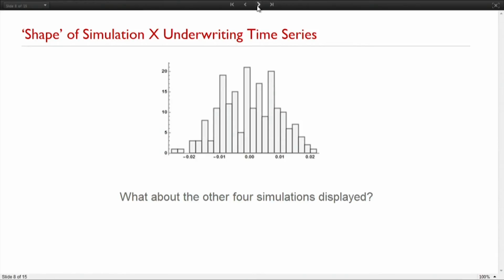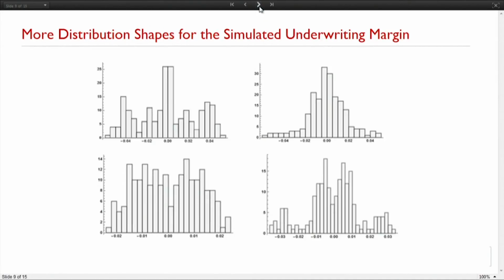Okay, well, what about the way the time series are distributed around equilibrium? So what I want to do is look at the shape of the simulated time series. You can see the simulation X, and you look at that by itself, and that doesn't matter too much. You can see what it looks like. But how about those other 4? Well, those other 4 simulations have way different shapes, right? And so what I'm concluding here, and you can see on the next slide, is the behavior around equilibrium is